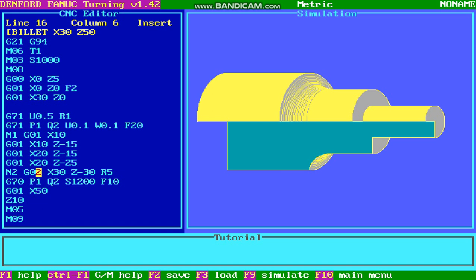Since I am moving the tool with respect to only the top half of the profile, I am moving it with circular interpolation in the clockwise direction with the dimension of X30 and Z30 in the negative direction with a radius of 5 mm. Why have I taken the radius as 5? Because when you give 5 mm radius on either side, your diameter 20 plus 5 on either side with respect to the axis will become 30 mm.